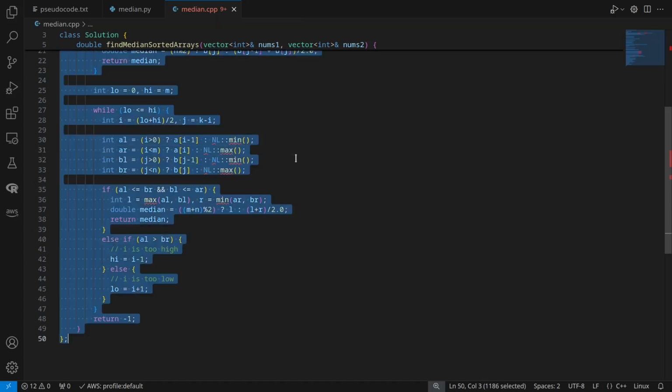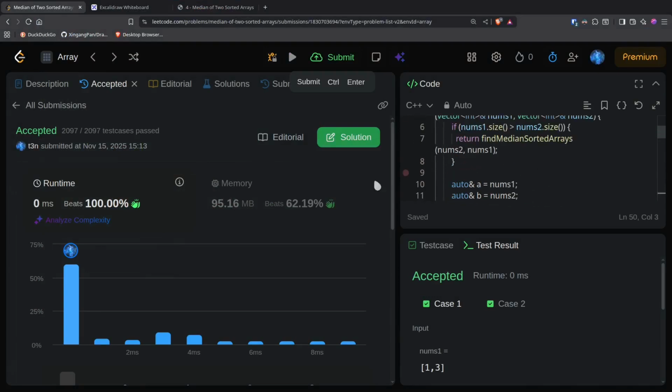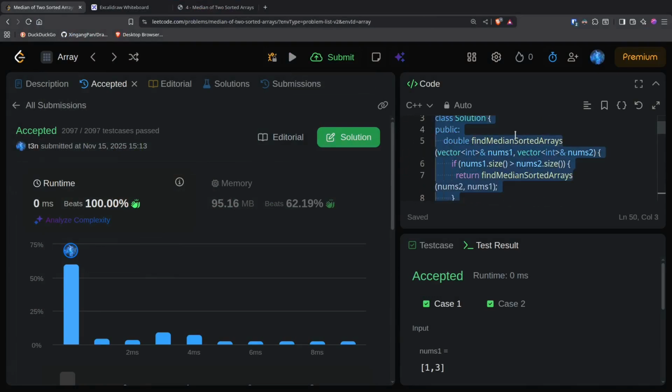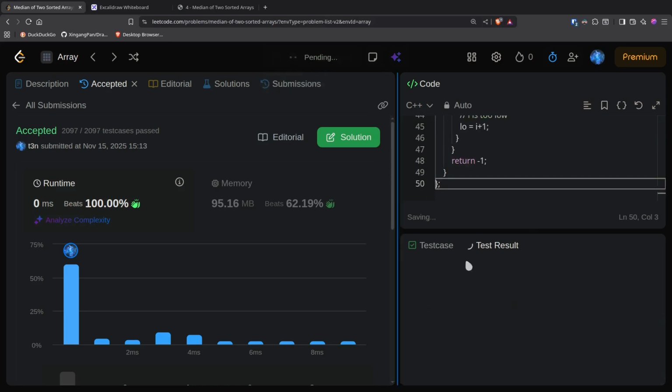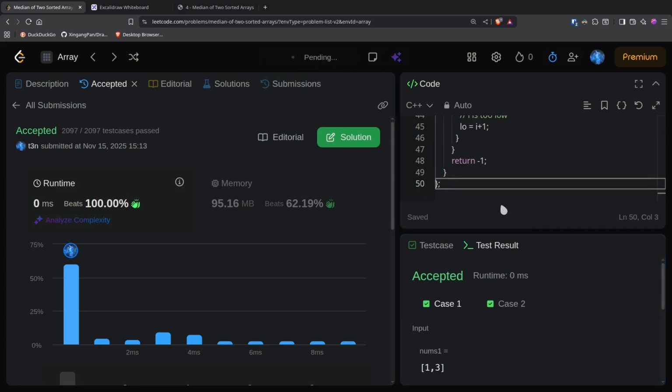let's copy this, and yeah, I just submitted it here, but let's submit it again. Test cases. Okay, now let's submit it. And yeah, it beats 100% of the solutions because